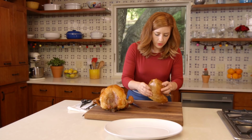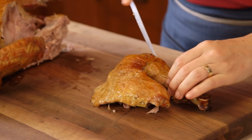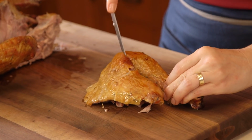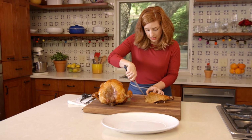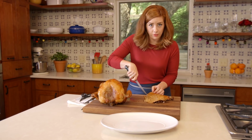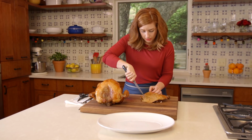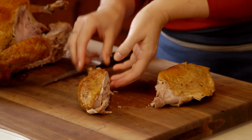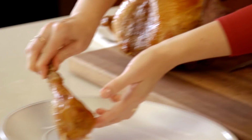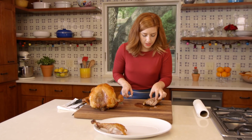So then you have the full leg. So you've got another joint right here. The best way to do it is just to go ahead and cut through, and that way you can separate the drumstick, because there's always someone in a family who loves a drumstick and just to eat it like a drumstick. So use the tip of your knife again to break through the joint. So I'm just gonna go ahead and put the drumstick right on the platter, and then you want to debone